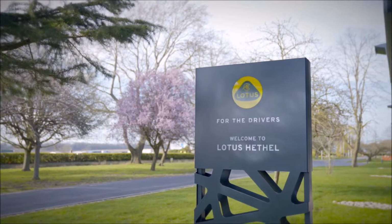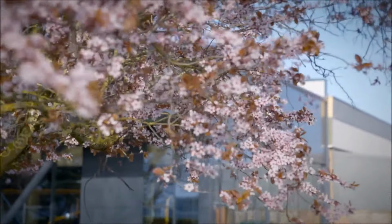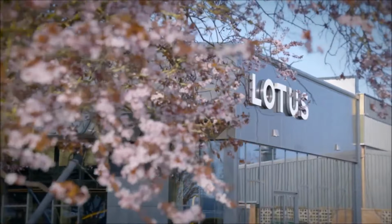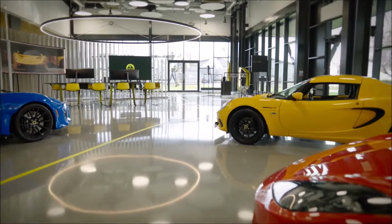We're sat in the new retail design studio at Hethel. We've just recently built this. The purpose is that we can show off our new retail identity concept to our current retail partners across the globe and all of our future potential investors into the retail brand as well. So we're looking forward obviously to inviting a number of people over the next few months as we're allowed to